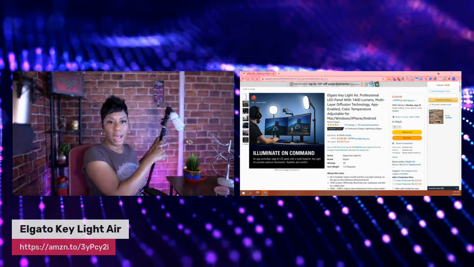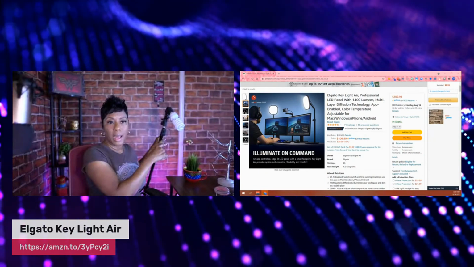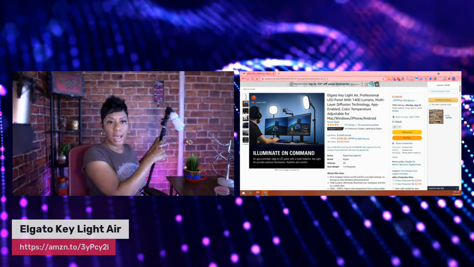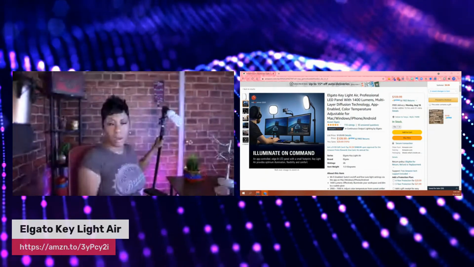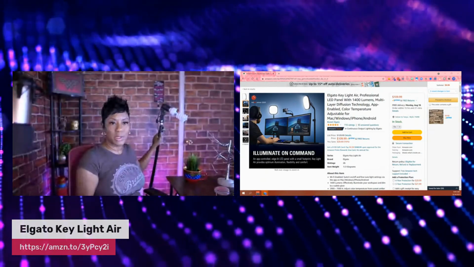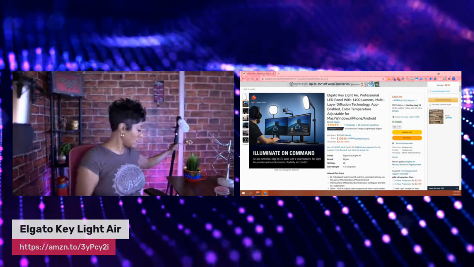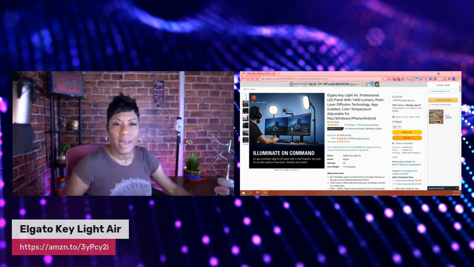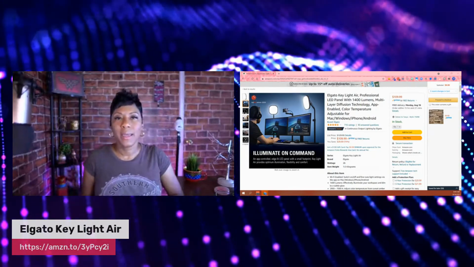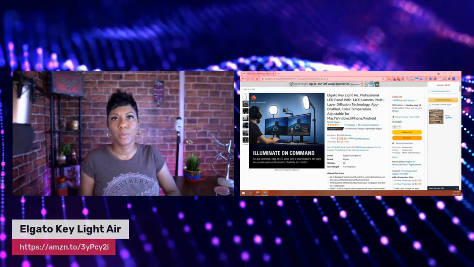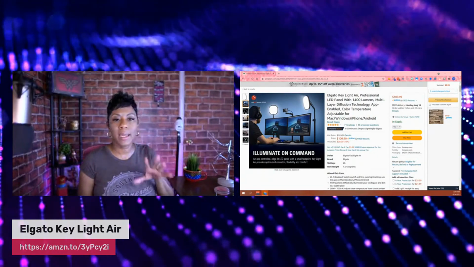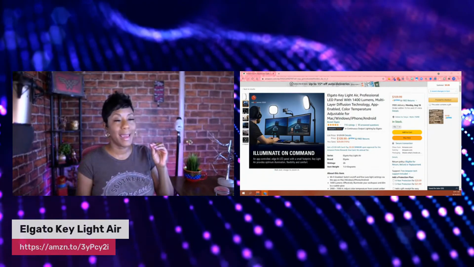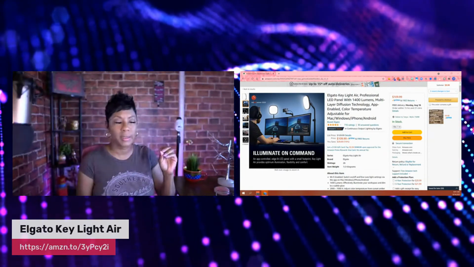So the reason why I got the one with the umbrella stand that you see right here, you can't see the umbrella itself, but it's easy to take the umbrella on and off. But very similar to soft boxes, it takes up a lot of space. And I didn't want to have to constantly be moving that thing out of the way just to walk into the room, right? So what I like about this key light, I think, I'm going to be trying it, is